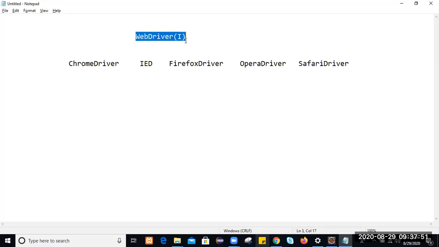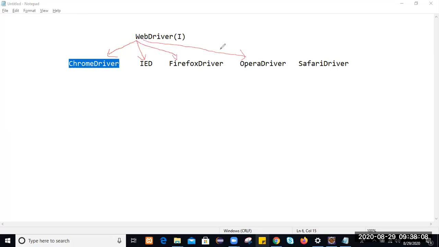This WebDriver interface defines only incomplete methods, and all these implementation classes will implement this WebDriver and provide the implementation for all its incomplete methods. Let's suppose the get method: it is used to navigate to the particular application under test.